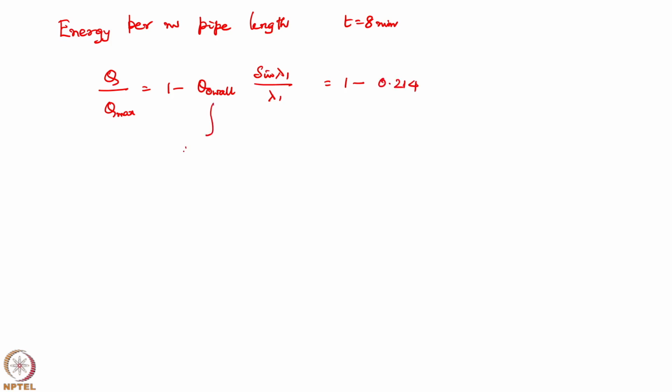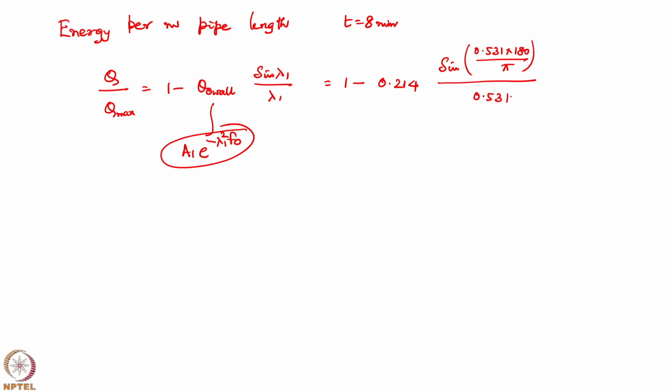Theta naught wall is nothing but A1 e to the power of minus lambda 1 squared Fourier number. So that is what I substituted, 0.214 into sine of lambda 1, that is 0.531 into 180 by pi, divided by 0.531. You now know why I am multiplying by 180 by pi. So this comes down to 0.8. Now, Q max is equal to rho V Cp into T infinity minus Ti. So rho is 7832 and volume is pi d into thickness,